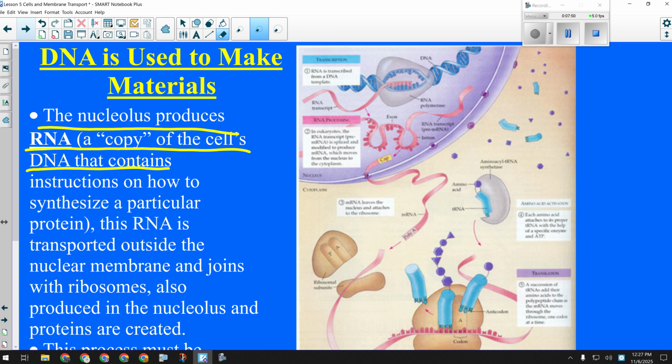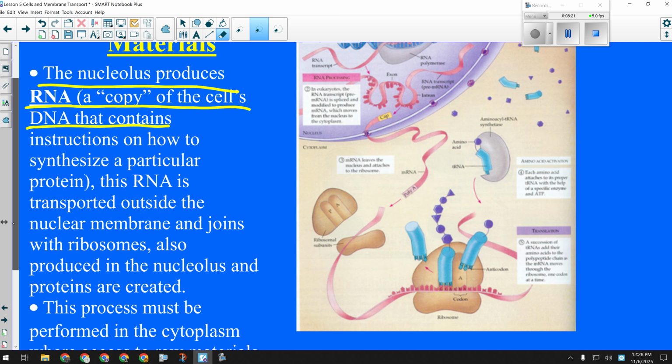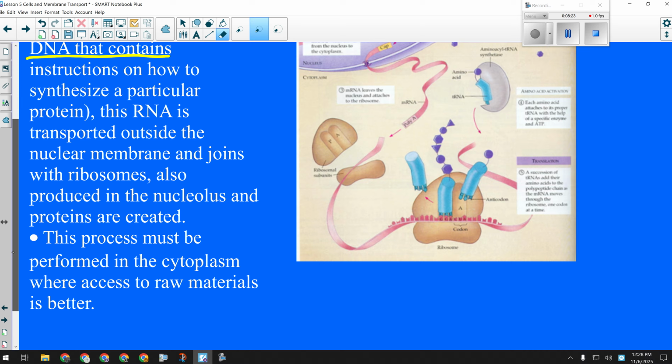That's the extent to which you need to understand the process of protein synthesis. The nucleolus copies the DNA, sends the RNA to the ribosome, which builds the protein. You know that much, that's good enough for Science 10. In Bio 30, you'll go a lot more into the biochemistry of protein synthesis, and you'll learn about all these enzymes and amino acids and all of that, okay? But you'll learn all about that later. For us, as long as we understand, okay, that the nucleolus copies the DNA and the ribosomes make the protein, which is, okay,